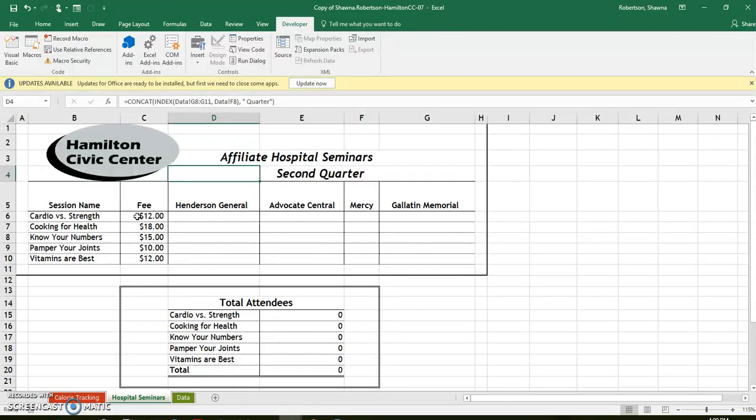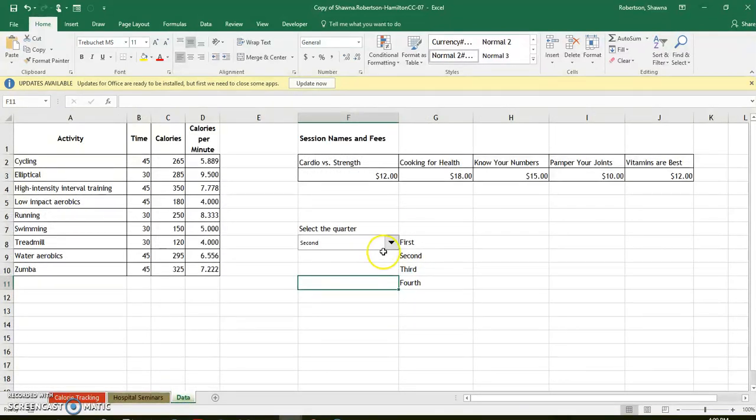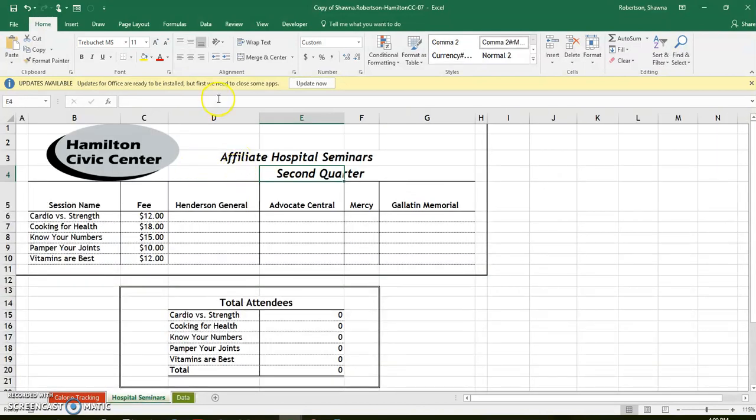Don't worry about it. The next part of that step is to change the font, which I had done previously. If you look on the Home tab, it needs to be bold, italicized, and also 16 point. So you can see we've got second quarter showing here. We took whatever quarter is being displayed on the data worksheet, and then we concatenated it. I don't even know if that's a real verb, but with